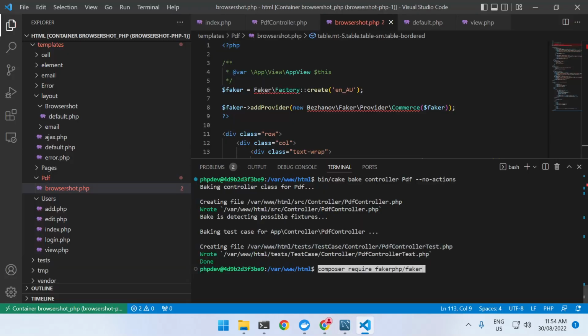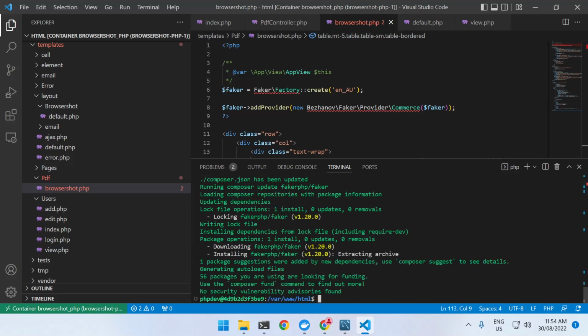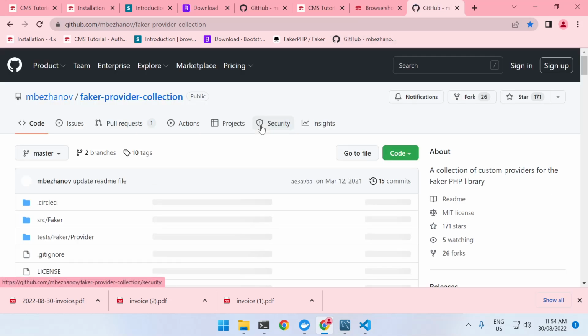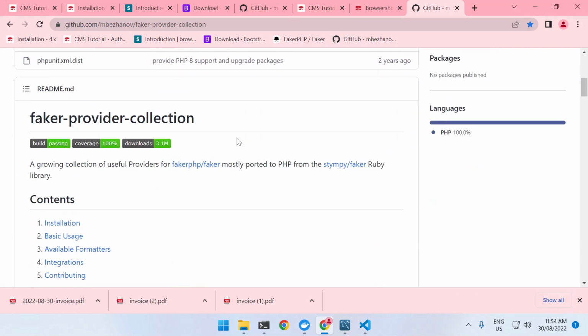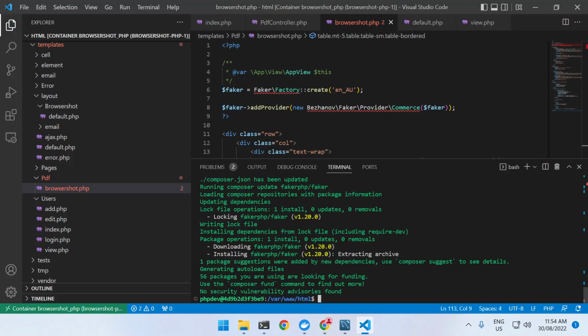So maybe we can do that as well. Just say required dev, even though the application wouldn't run in production without it. But so we just pull that one in, and then we go to our provider collection here and pull that in,